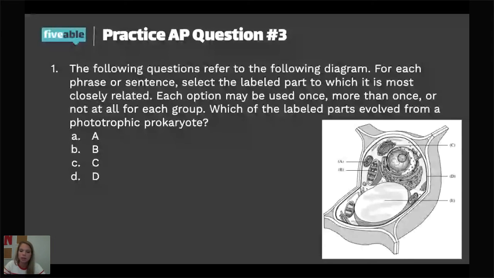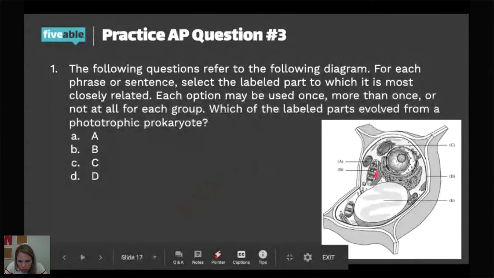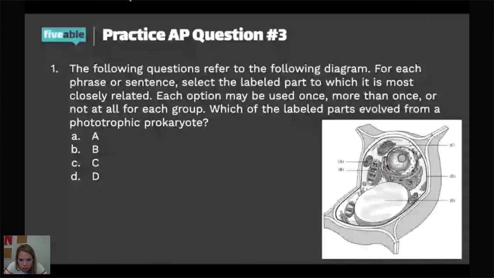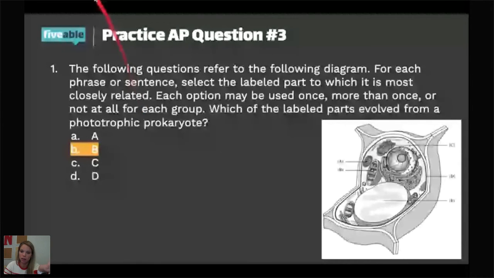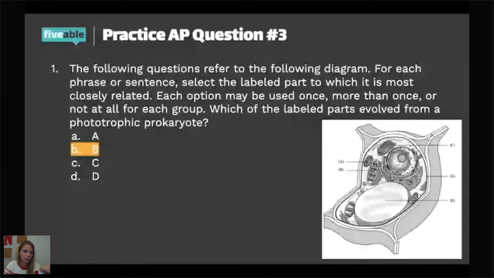B. Very good, Shreya. Very good, Soleil. So it's going to be B. Sorry, I know it's blurry. So B, what is that organelle that's got B? Chloroplast. Very good, Shreya. Very good, Anna. So it's going to be B. It's going to be that chloroplast because that's the trademark of plants, of anything that can do photosynthesis.